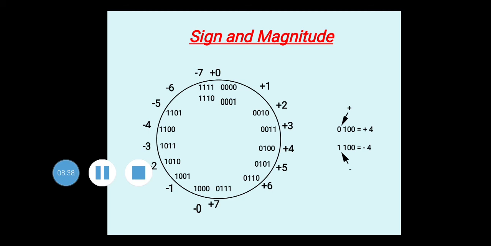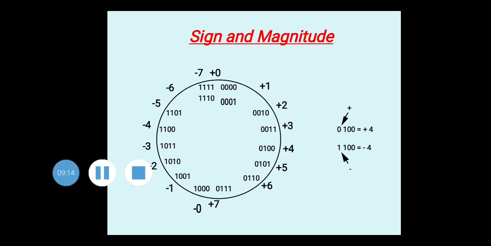But if you want to represent that 3 as a negative number, that means if you want to represent minus 3 in the binary number system, you are going to represent it like this. Here 011 remains as it is, because that is the value 3, and the MSB bit is converted from 0 to 1, so it becomes 1011, and that is your minus 3. We can even take one more example of 4.